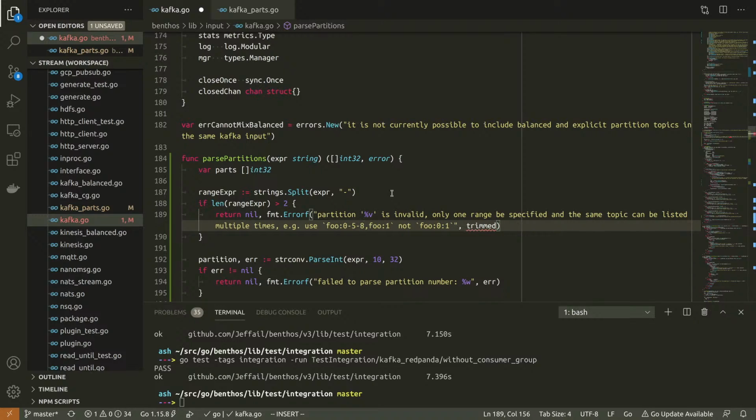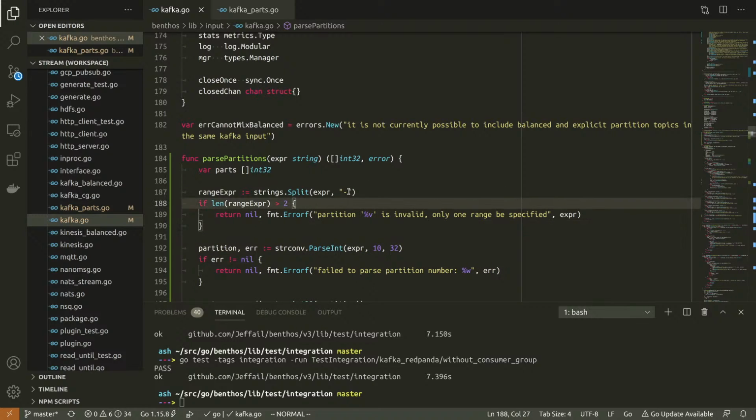Why would they want to do that? What does that mean? You know what? I'm not going to try and give people guidance there. I have no idea what they've done. If they get that: partition blah is invalid, only one range can be specified. I'm going to leave the rest out.